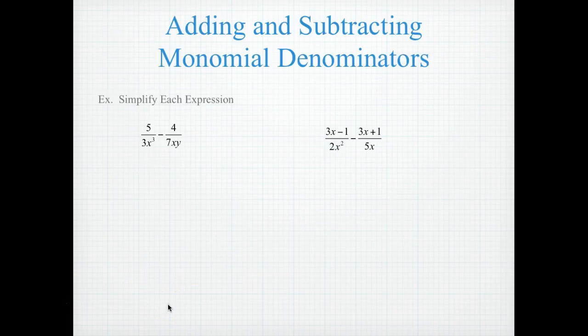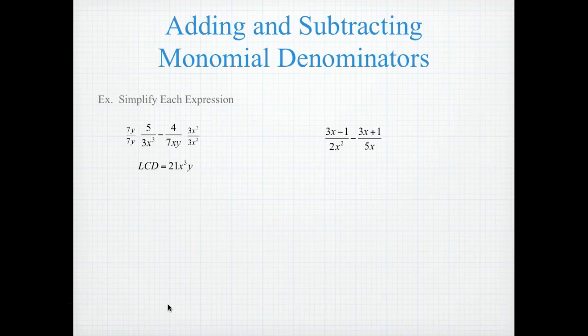Now we're going to add and subtract monomial denominators. So my first example, I have 5 over 3x to the third minus 4 over 7xy. So my least common denominator in this case is going to be 21x to the third y. So in order to rewrite my fraction using that least common denominator, I need to multiply the fraction on the